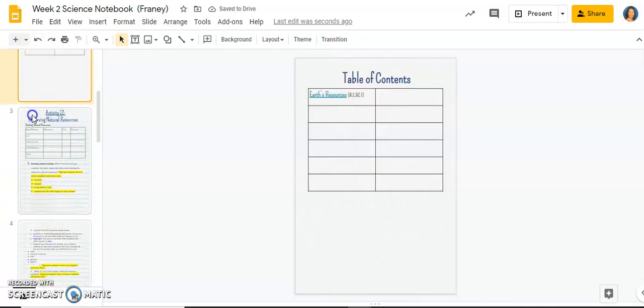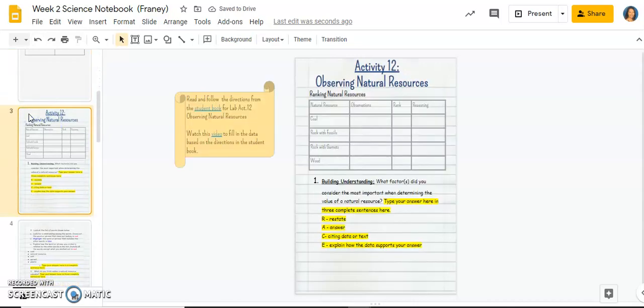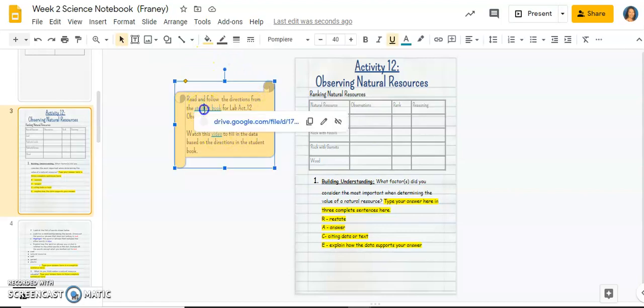All right, so our first activity this week that everyone's going to be working on, whether you're A day or B day, is Activity 12, Observing Natural Resources. Now this is your notebook where you would write your answers normally on paper and answer your questions, and we went over this in class. If you are at home and you're not sure how to get started, I'm just going to show you that right here where this scroll is, here is your student book, and here is the video that goes with this lab. So all you have to do here is click on the student book